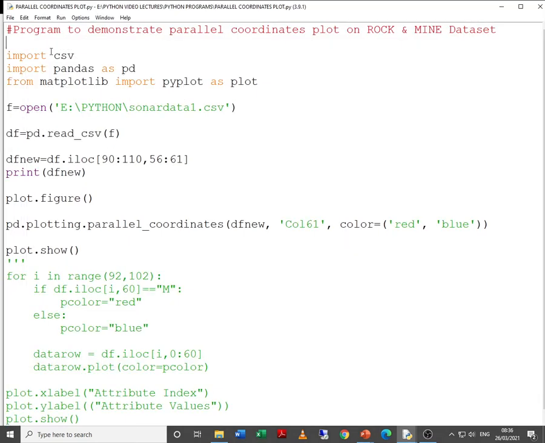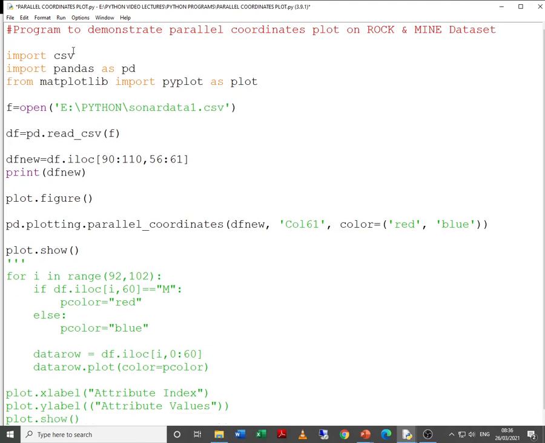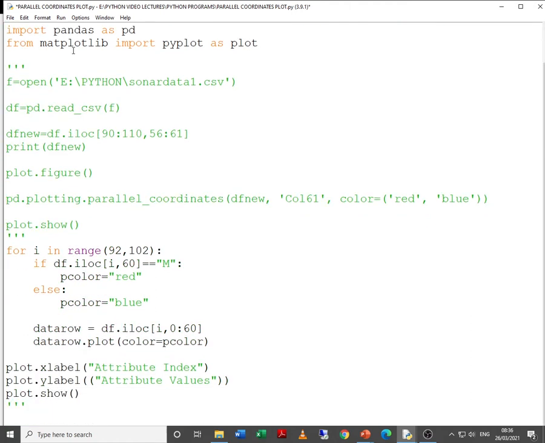Now what we do is, this is a program to demonstrate parallel coordinates. Yes, here let me put this in comment first. Now let us make one change.